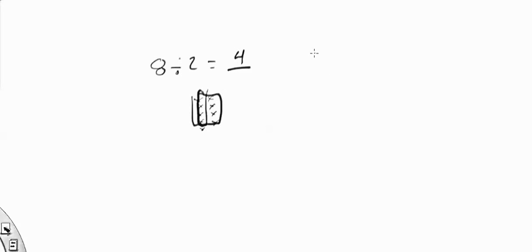But let's say we have the number 80 divided by 2, and we want to use an array. If we're going to use our old method of making x's for each apple, we would have to make a lot of x's. We'd have to make 40 down each side. But what if we use